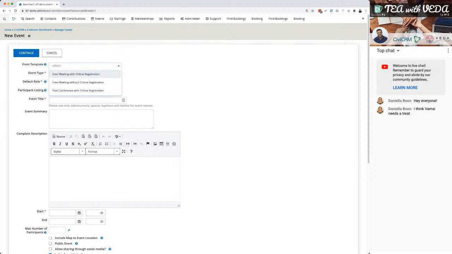So I'll do a free event with online registration, then I'll change it at some point when we come to try registration and things. So what type of event is it? It's a meeting. Now, anytime in CiviCRM you see these spanners,